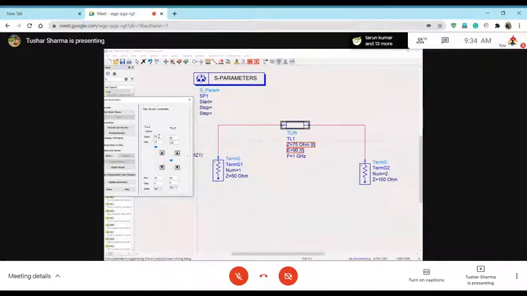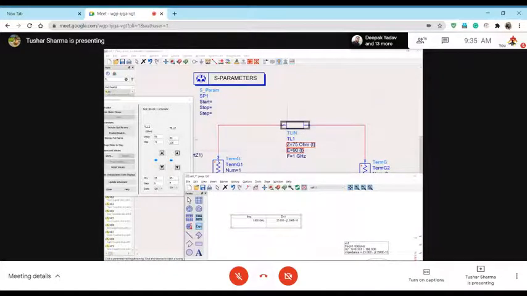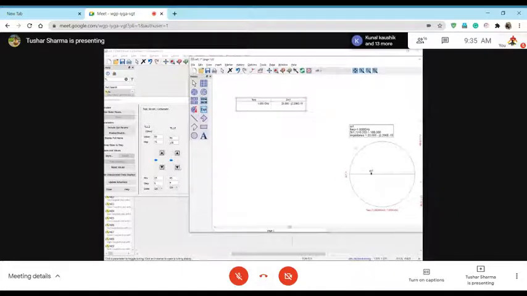Let me take it back to 50 ohms just to make sure we stay, and then change the value of. Okay. So again, I am now using a line with characteristic impedance of 50 ohm, and I am trying to change the length. So now see what happens when I change length. Now, question is, can someone explain to me what is happening here?